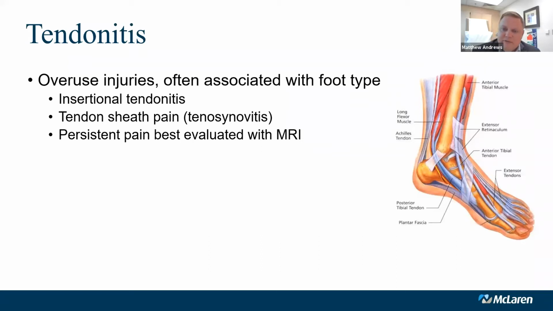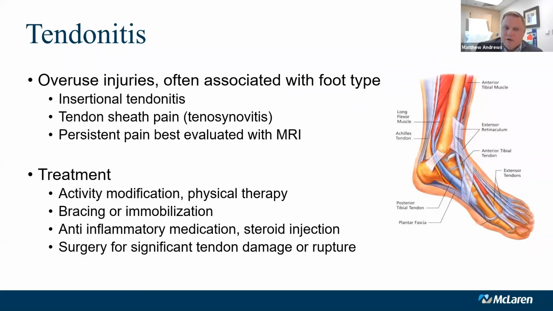But oftentimes, if you have a tendon that's not functioning appropriately, or a tendon that's been damaged, you'll have some adaptive changes to the foot. And sometimes you can see things like that in an X-ray. But for the most part, an MRI or sometimes a musculoskeletal ultrasound exam may be appropriate for us to get a better idea of what's going on from a soft tissue standpoint if we're not able to figure it out from a physical exam. Treatment for tendon injuries is pretty straightforward.